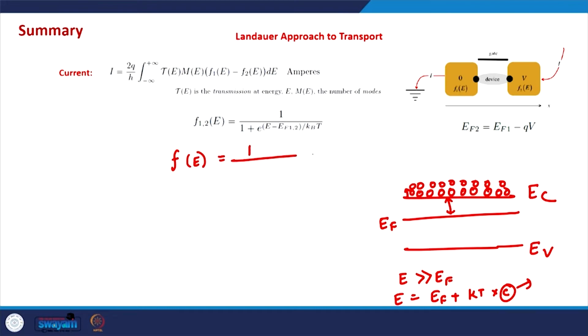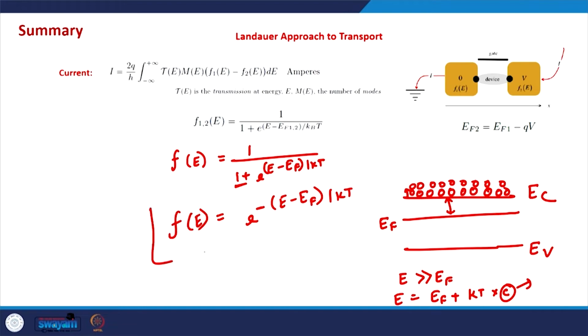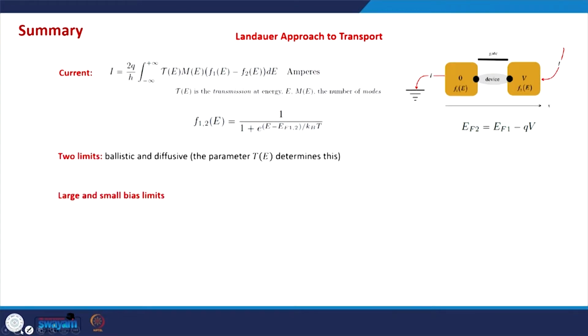this exponential term becomes large as compared to 1, and it can be approximated by the Maxwell distribution function. So, this Fermi-Dirac distribution function can be approximated by the Maxwell distribution function in the case of non-degenerate semiconductors, which is actually the case in most of the practical devices, and that is why these Fermi-Dirac integrals can be approximated